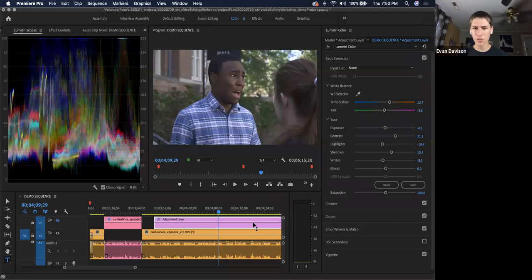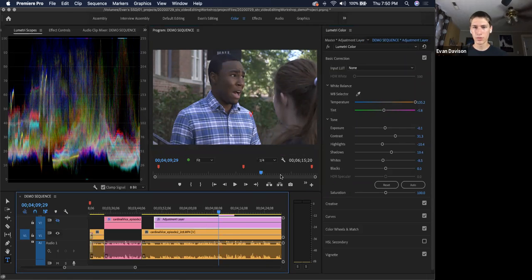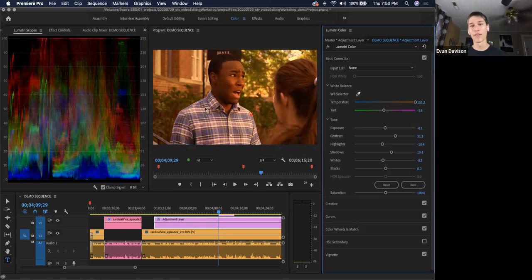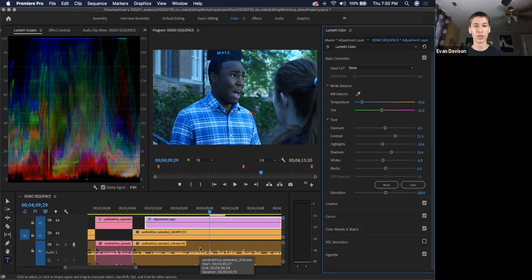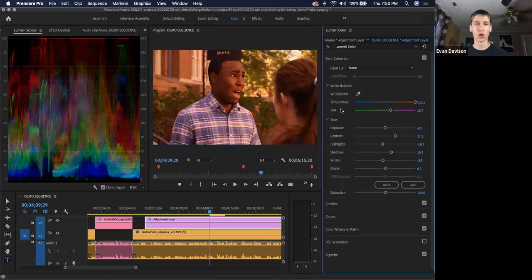I've had a few issues with adjustment layers with white balance. I'm not sure if that, yeah, so you can kind of see here, oh, well, let me turn it on. Okay. So it looks like they fixed that. Again, I haven't used adjustment layers in a while. The last time I used them, you could not white balance through the adjustment layer because it was an empty layer. So if you tried to white balance, it was just confusing. It wouldn't work. But